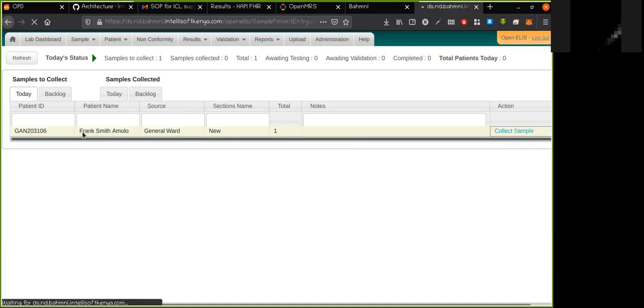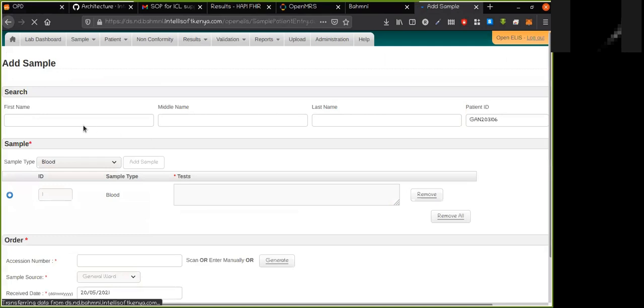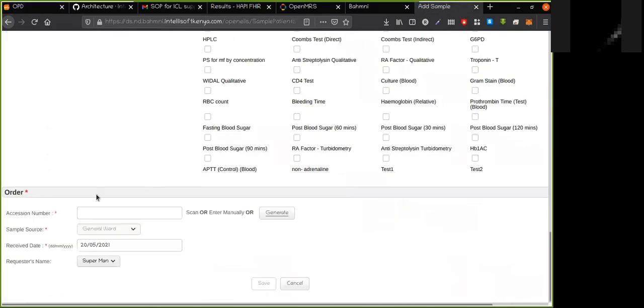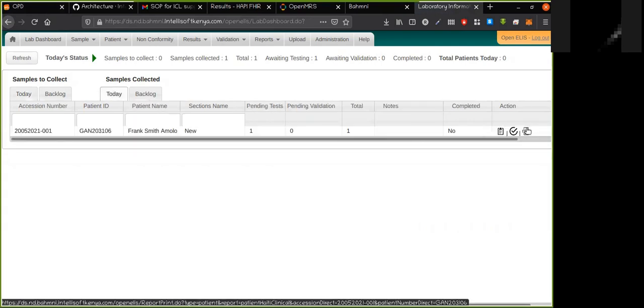I'll see it's the patient I'm currently interested in. All I'll do here, I'll go to the bottom and create an accession number, then save. Then I'll go to collected samples today.